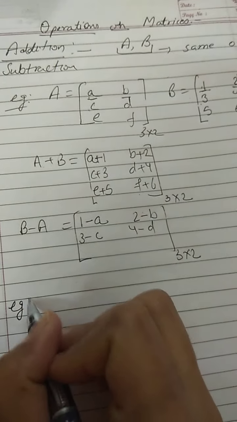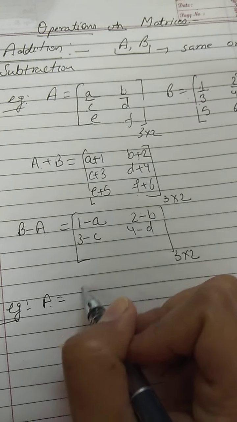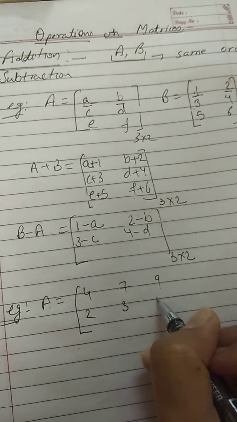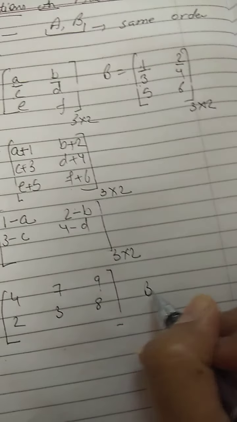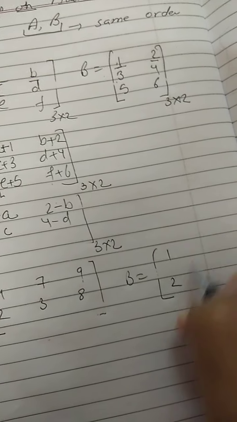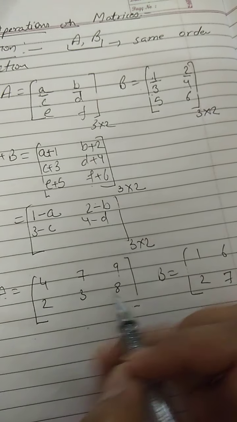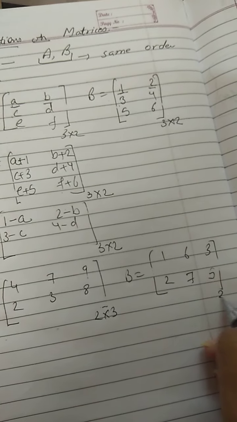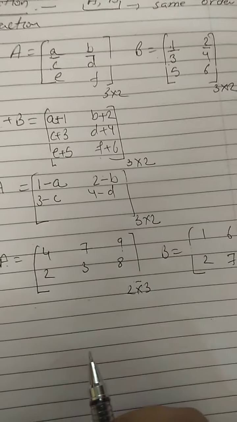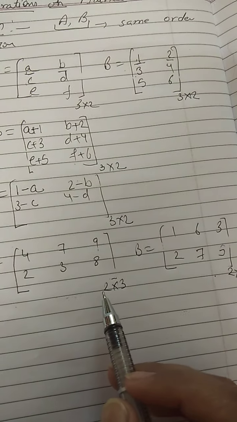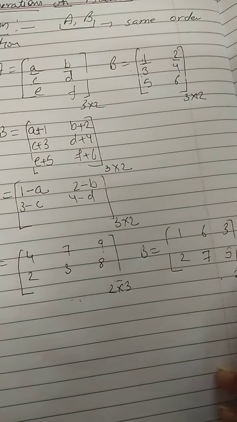Let us take one simple example with numbers. If I have the matrix A as 4, 7, 9, 2, 3, 8, this is the matrix A. And for matrix B we have 1, 2, 6, 7, 3, 5. I am taking both matrices of the order: how many rows are there? 2 rows and 3 columns. Here also the order is 2 by 3. It can be a square matrix as well, or a rectangular matrix also. But both matrices should have the same order. If 3 matrices are there for addition, then all 3 matrices should have the same order, right?